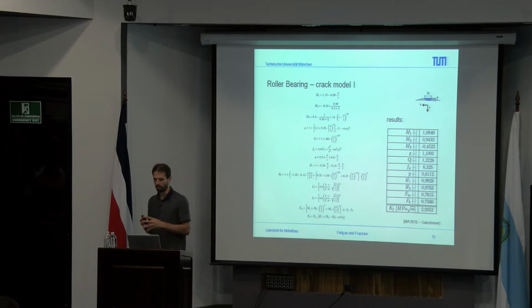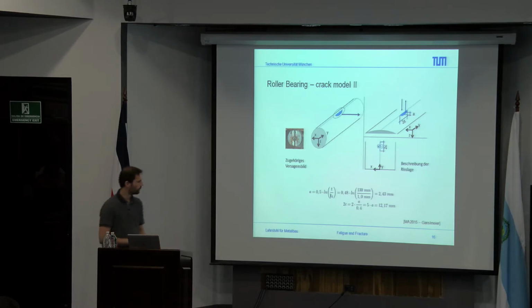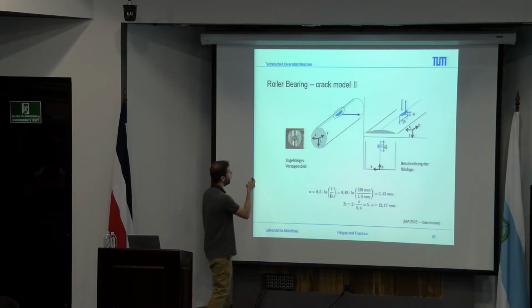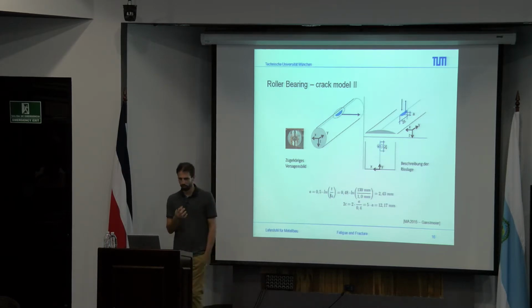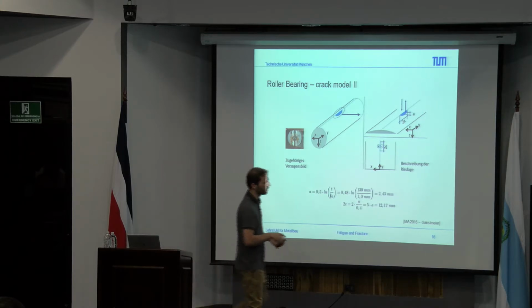So this is the K1 mode, and you can see here it is 2.9 Newton millimeters over square. Also, if you think about the model itself, we used it first